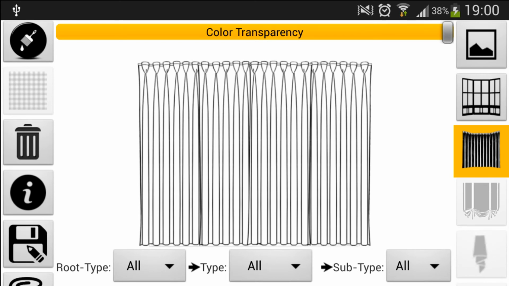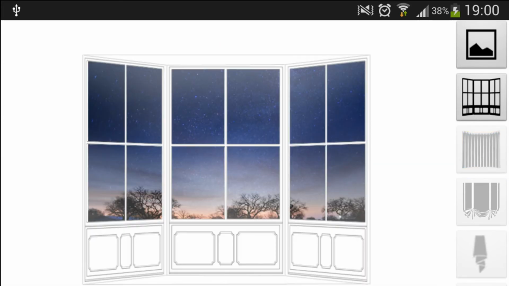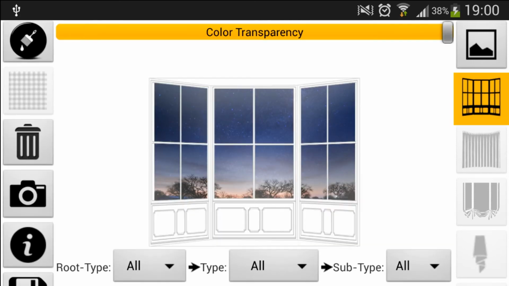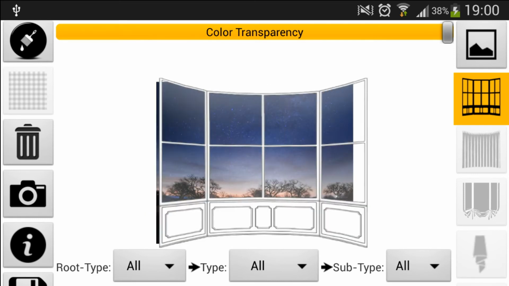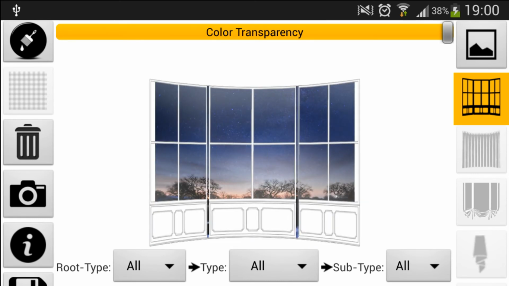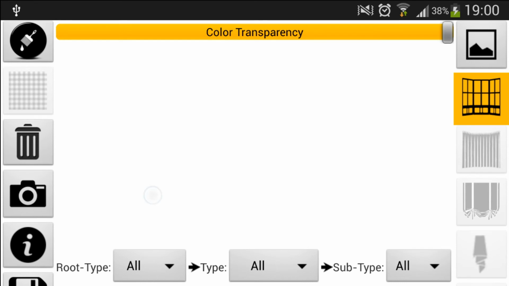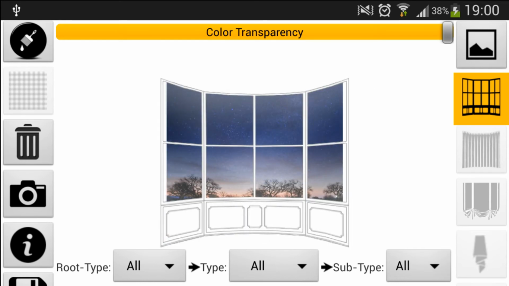One thing I forgot to mention is that we can apply window images from the real camera. So let's just hide the curtain and select the window. To capture the real window template, we need to select the drawing template, so it will be based on such a template.